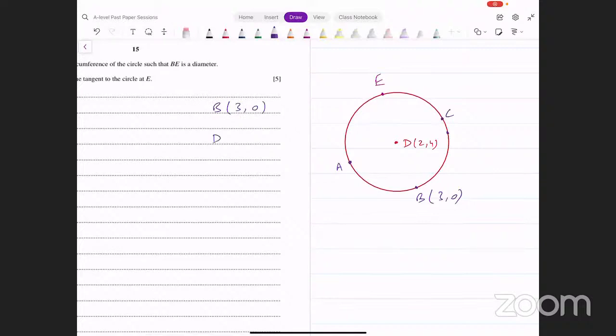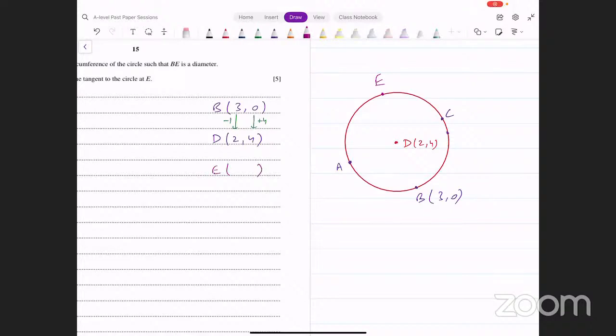You know the center, the midpoint, that is 2, 4. How much do you have to move to go from 3 to 2? 3 से 2 पे जाने के लिए क्या करना पड़ता है आपको? -1 करना पड़ता है। 0 से 4 पे जाने के लिए क्या करना पड़ता है? +4 करना पड़ता है। Now since D is the midpoint and E is on the other side, तो E पर